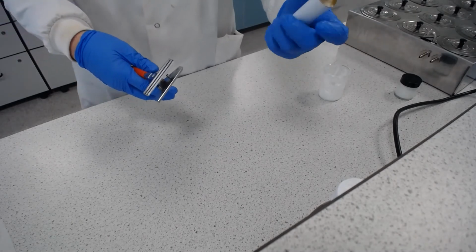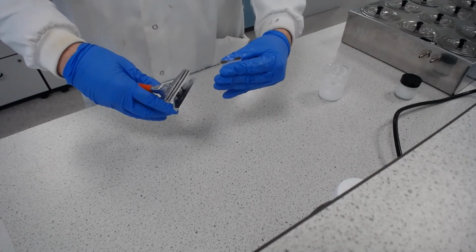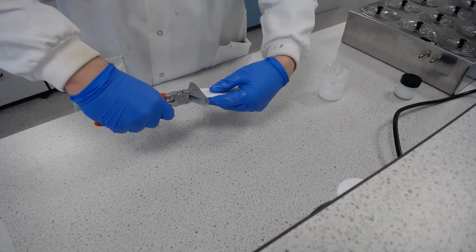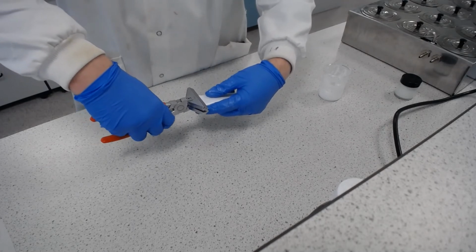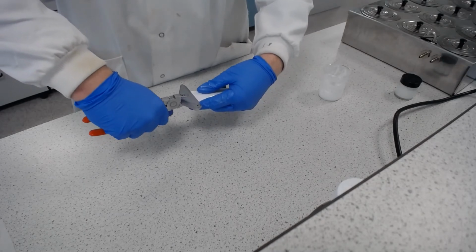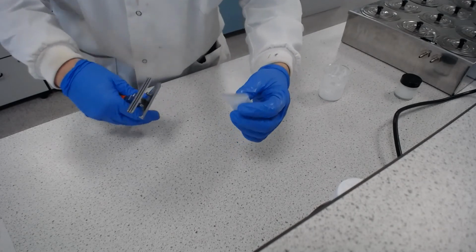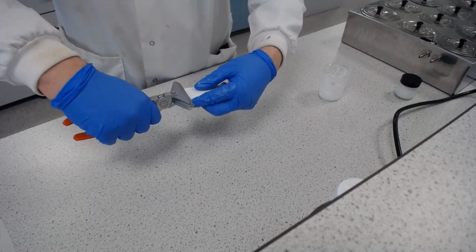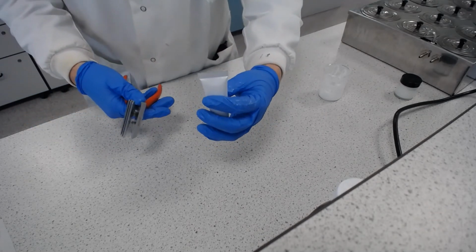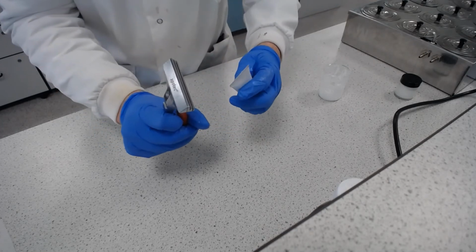So first things first, make sure you've cleaned the edge of your tube and just get it started so it's flat, and then give it a nice good firm squeeze so that it's sealed at the end, like so. Well, I haven't got that very straight, so let's straighten that up. There we go. Of course, if we start squeezing that, it's just going to come straight back out the other end. So we're going to fold it over a couple of times, and I'm going to put that